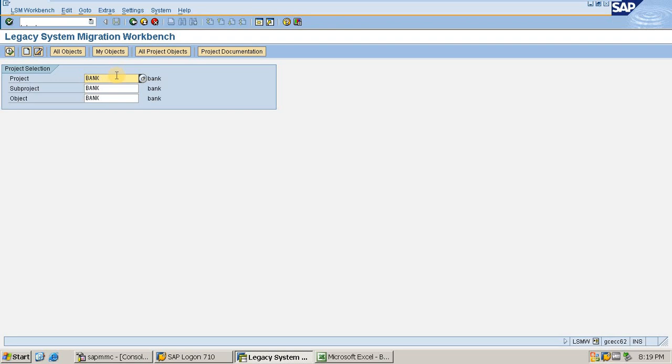My project would be BANK_CRTD. It is a project that you are creating, so you have to click on the create button.